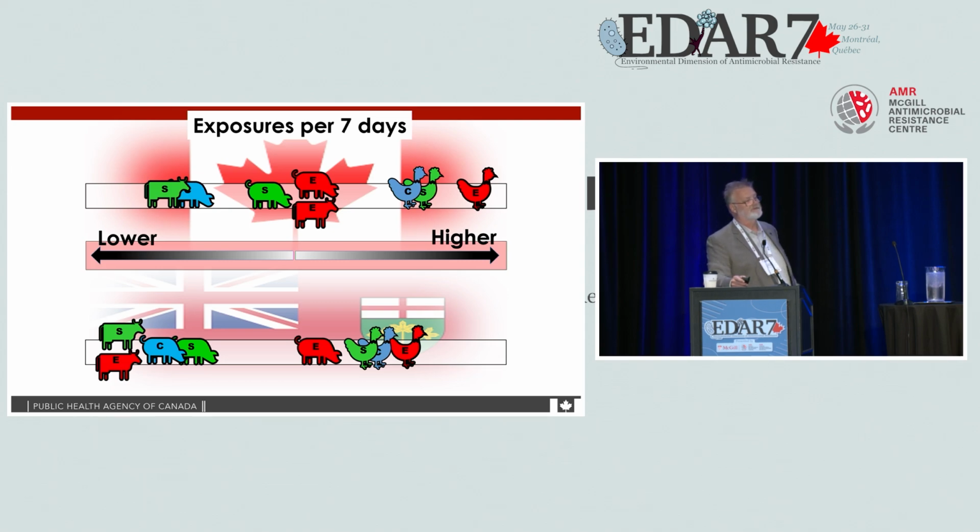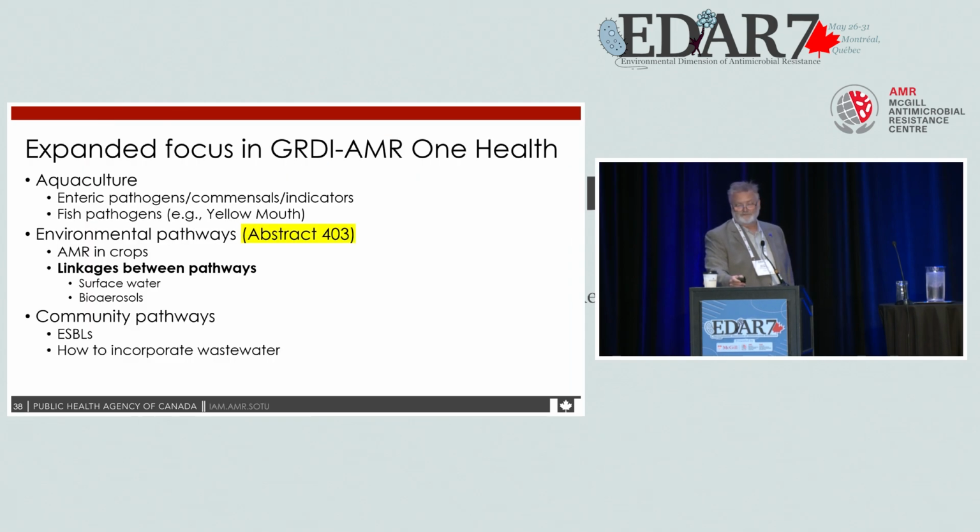But given that what we did was to put in a baseline and multiply it through a bunch of risk factors we extracted from the literature, it was at least good to see that it actually gave us what we expected to see. And if we had used our surveillance data to estimate the same thing, we would get a similar result. The lower flag is not the UK; it's actually Ontario. So we did our initial analysis just in Ontario, and then looked at Canada as a whole.